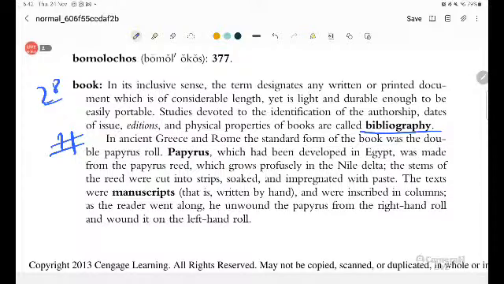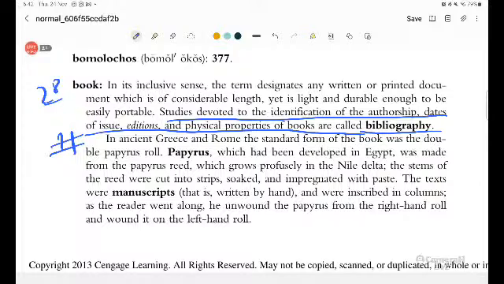Studies devoted to the identification of the authorship, dates of an issue, editions and physical properties of book are called bibliography. Next is the ancient Greece, Rome and standard form. The standard form of the book were the